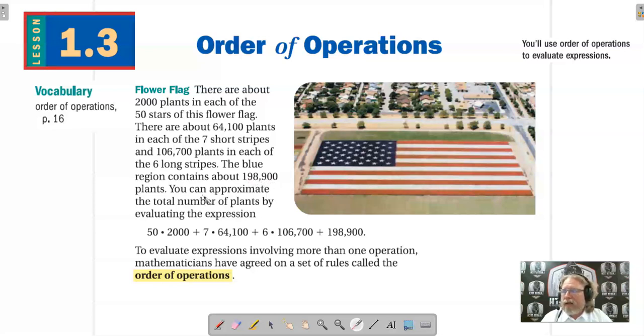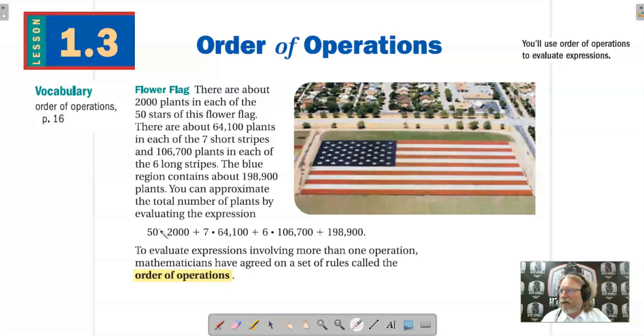198,900 plants. You can approximate the total number of plants by evaluating the following expression. 50 times 2,000, plus 7 times 64,100, plus 6 times 106,700, and then add on another 198,900. How they built that was, you'll notice where the numbers come from: 2,000